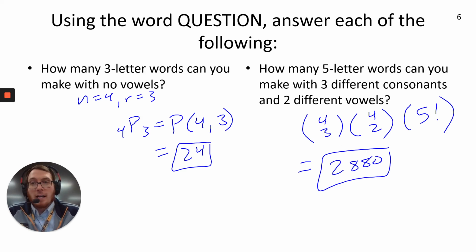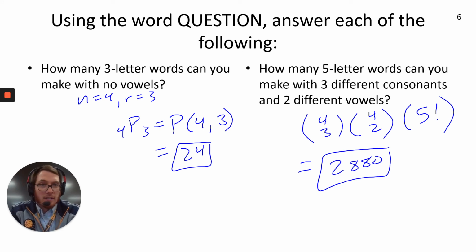Okay, the word question. How many 3-letter words? Now remember, words is not real words, it's passwords with no vowels. So remember, A, E, I, O, U are vowels for what we need. So if there's no vowels, I need to pick from the 4 consonants and choose 3 of them, but the order matters. So that's a permutation of 4 permutation 3. Probably writing it this way, P(4,3), is probably the easiest way to show it on a computer. And that would be 24 different ways to make 3-letter words that have no vowels